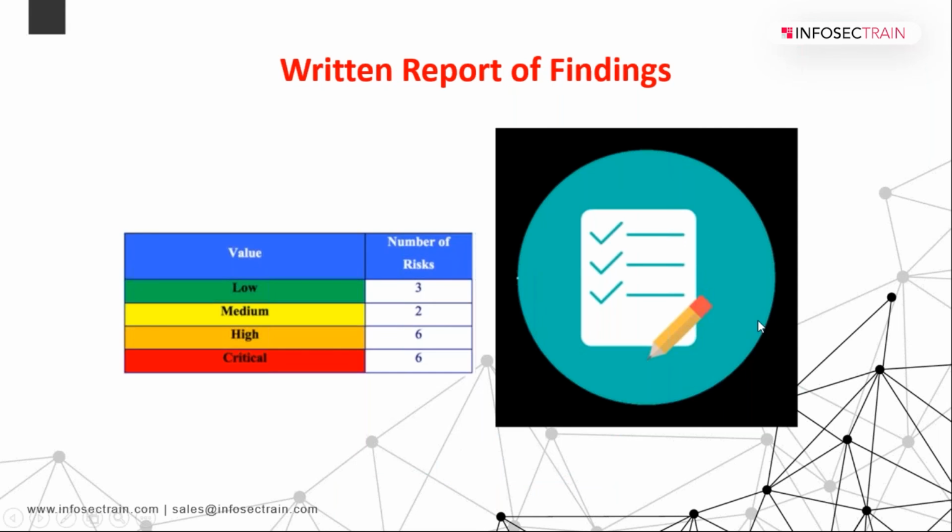Then we have the written report of findings. You'll be giving a summary of everything, the executive summary. You'll be mentioning the methodology at this point. Then you'll be mentioning all the findings and remediation, the vulnerabilities which you found and the remediation for all those things. You'll be mentioning the risks, and the number of risks which you have found. You will be calculating them, analyzing them, and giving the conclusion in your report. So you will be writing all those findings in this part.